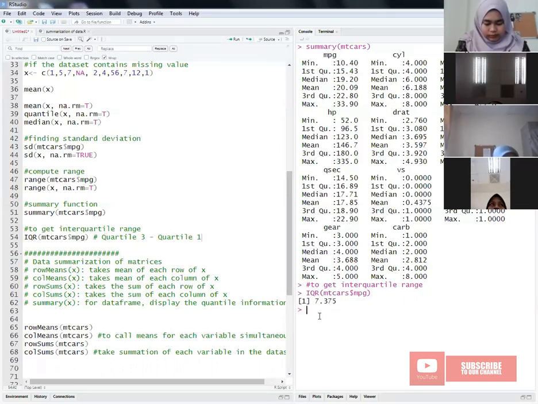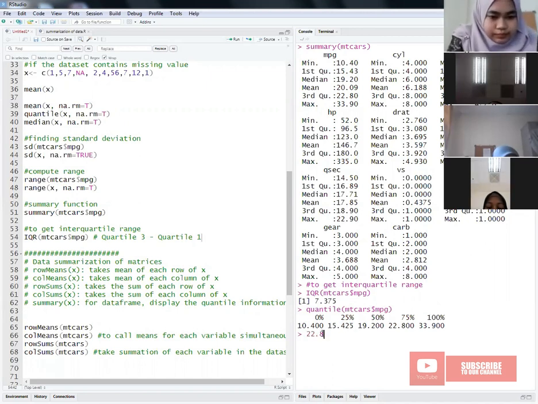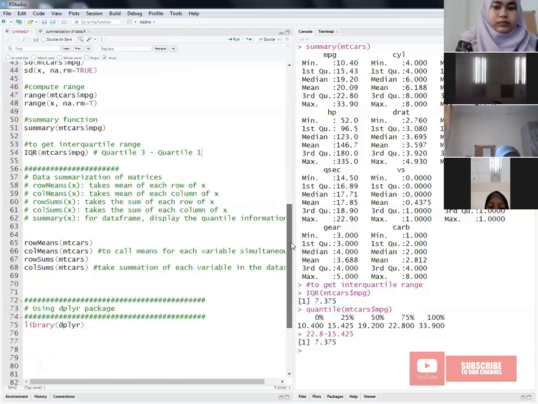If you look at the summary of mtcars MPG, quartile number 3 is 22.8 minus 15.425. So we will get the same value, right? Sometimes we don't really want the minimum value, quartile 1, quartile 2. We just need some specific statistic values, such as mean, standard deviation, median, and inter-quartile range, to report our result